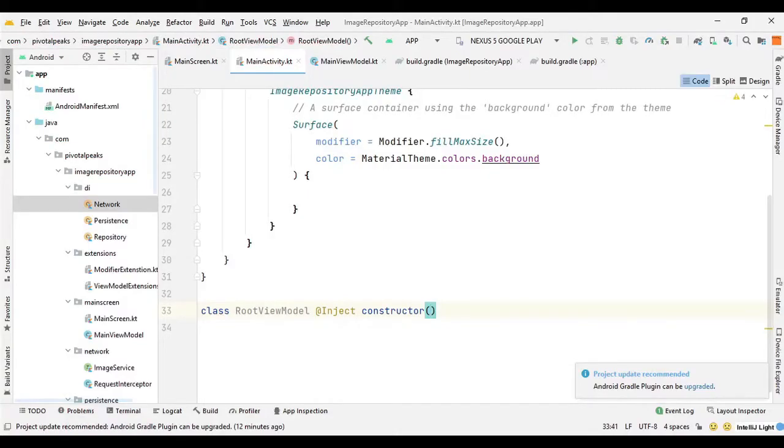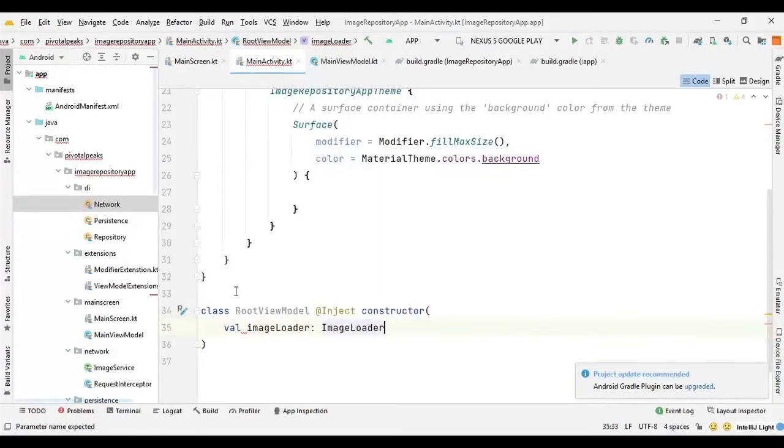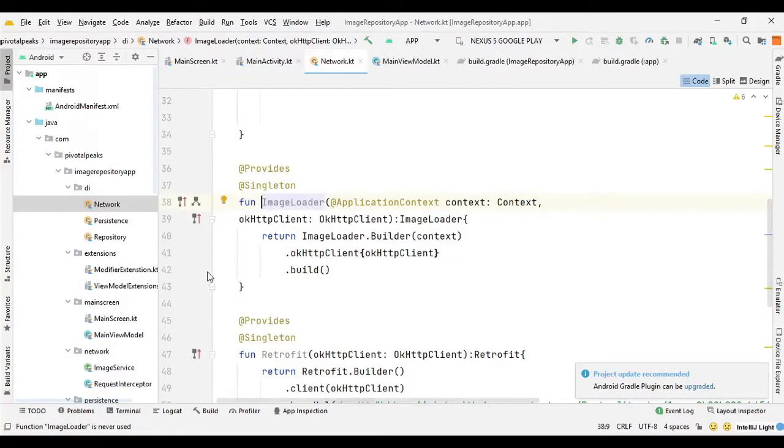Here we can initialize the image loader. So we can say val imageLoader, and you can see that we have a little icon here, and if we click it, it will take us to the network module. So it's saying that we are now referencing this Hilt function in our main activity.